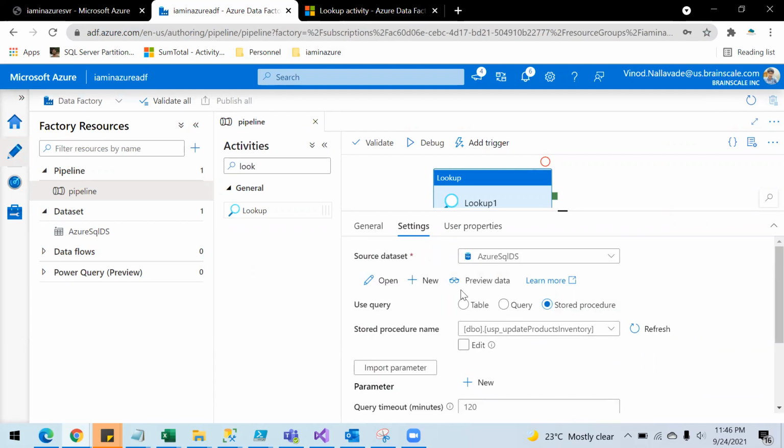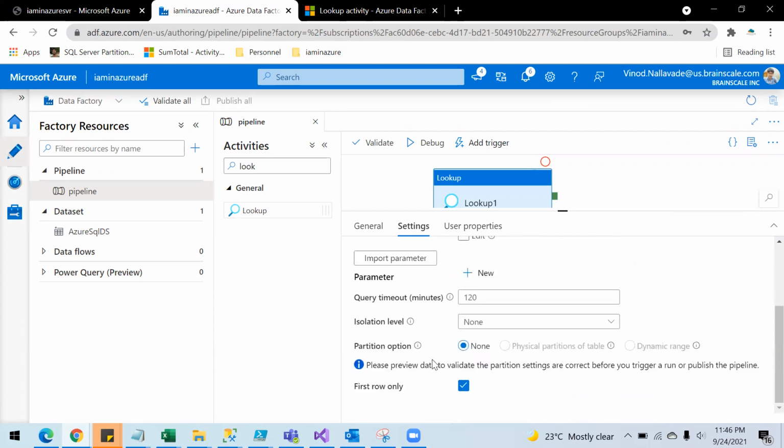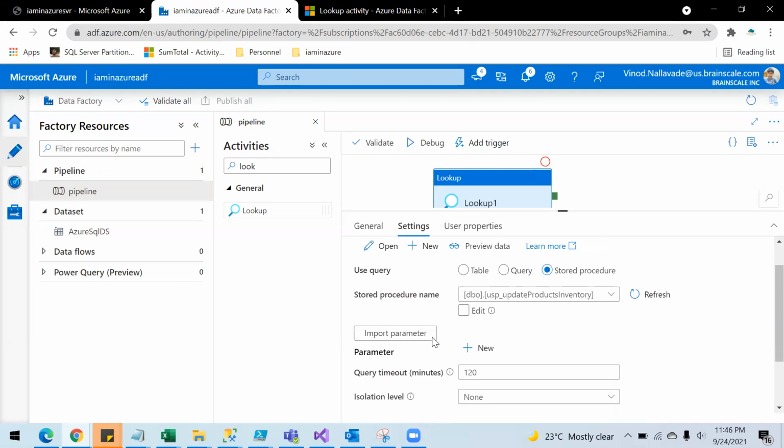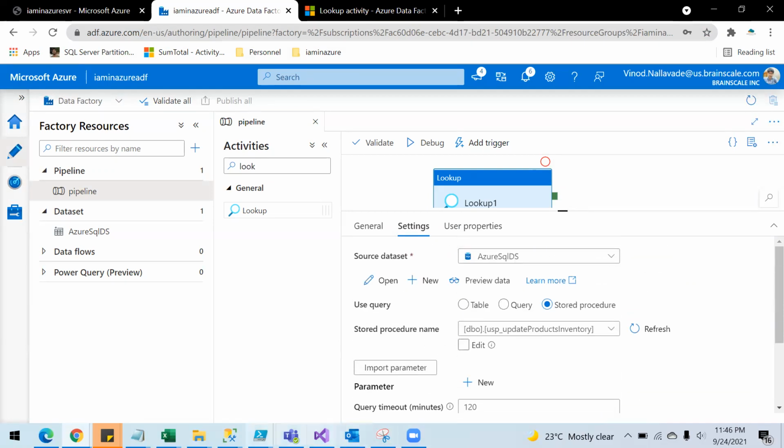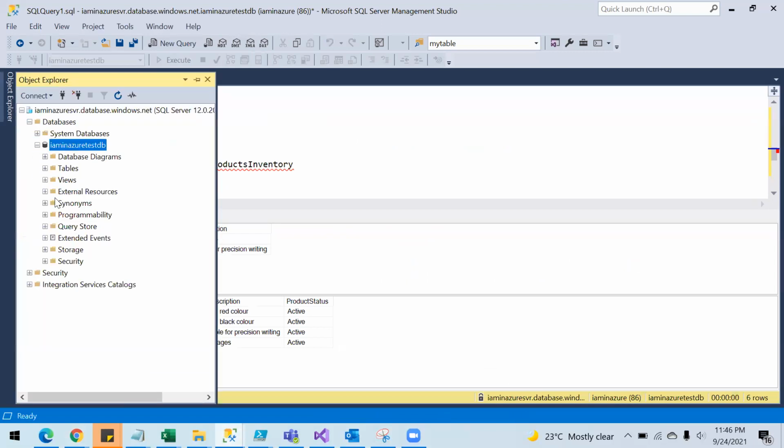Okay, I don't see any possibility given by Microsoft here to disable that. What I will do is, let me check if I have any other proc that will return some kind of data.